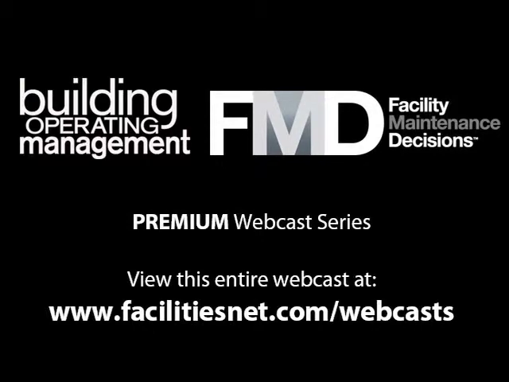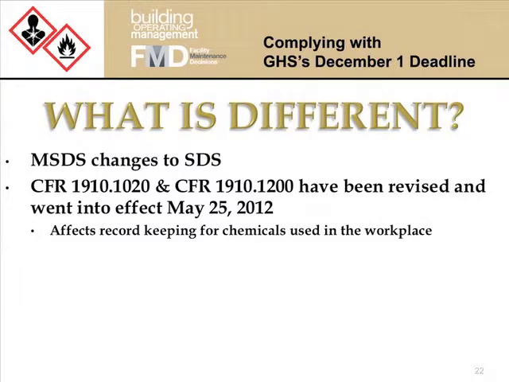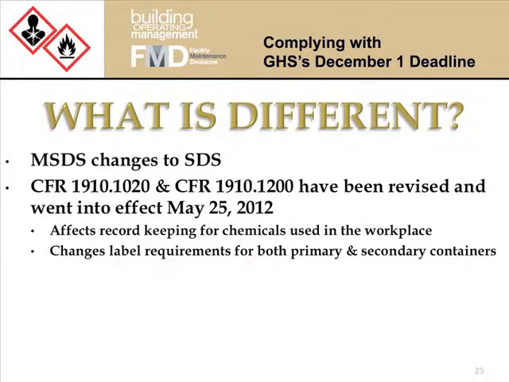This affects how you keep records for chemicals used in the workplace. In the past, you had to maintain your MSDS sheets for 30 years after you quit using it, and they've made some adjustments that will make that a little easier for you. It changes the label requirements for both the primary and secondary containers, and the most important addition to that are